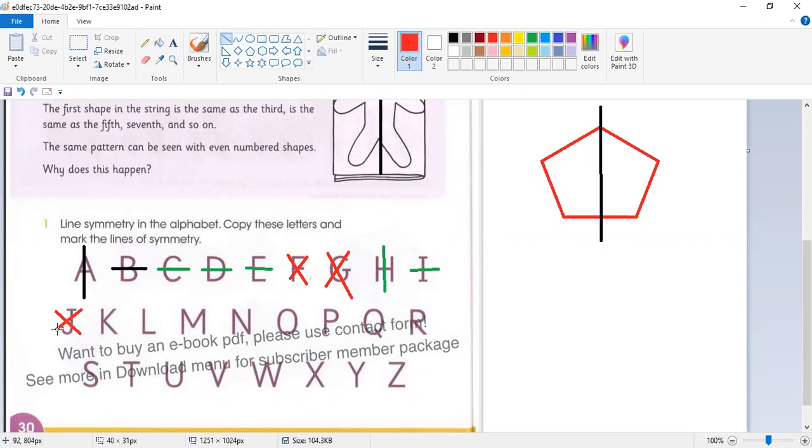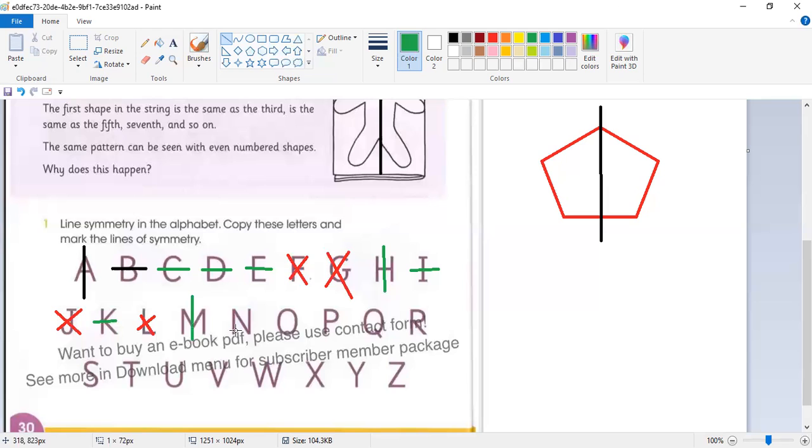Let's talk about figure K. If you cut the alphabet K from the center, it is a symmetry. L is not a symmetry, because if you draw a line vertically or horizontally, in both cases it is not a symmetry. When something is not symmetry, please cross it out with your red color pencil. Is M symmetry? Yes, M is a symmetry when you cut it